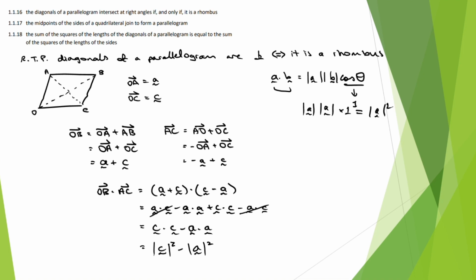And so here, C squared minus A squared equals 0 if and only if the magnitude of C is equal to the magnitude of A. And so this means that the only way that OB and AC are perpendicular is if the magnitude of this vector and the magnitude of this vector are the same. That is, this OABC is a rhombus. So therefore,